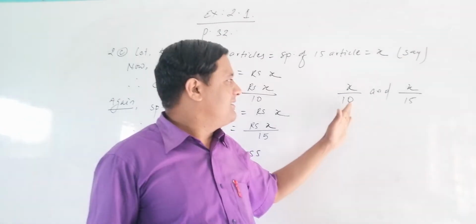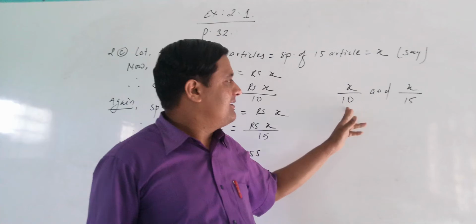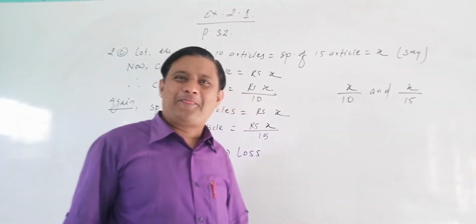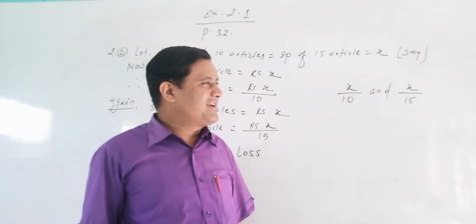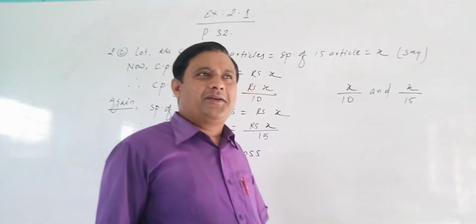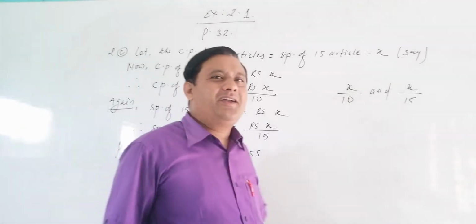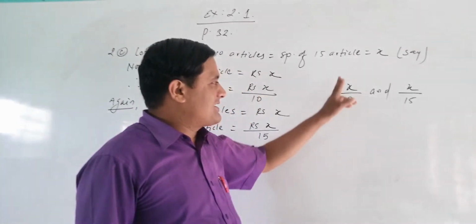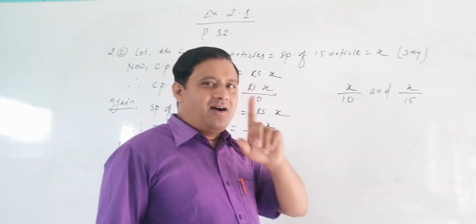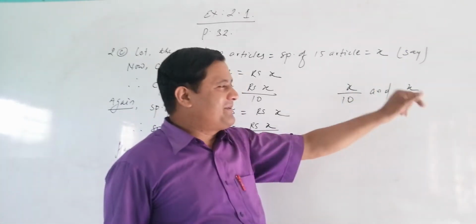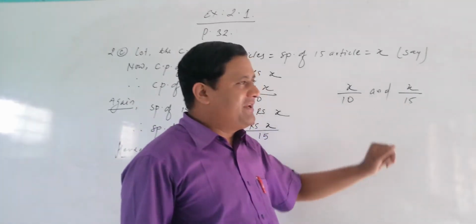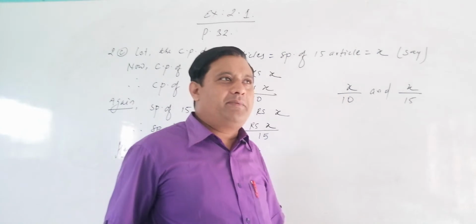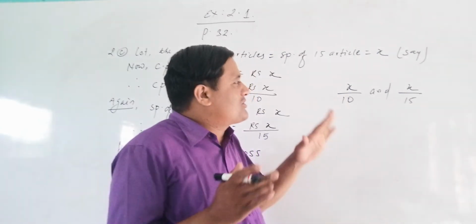Sir, in fractional form, if the denominator is less, then the value will be more. Oh, surely. Yes, sir. Okay, you have this concept. Any other student, do you know this concept? Why is X by 10 greater than X by 15? You may compare 10 and 15, where 15 is greater, but why is Mr. Gyawali saying that X by 10 is greater? Maybe you have some questions here.